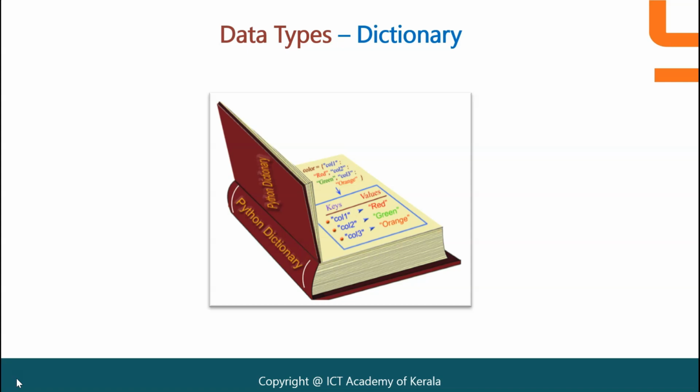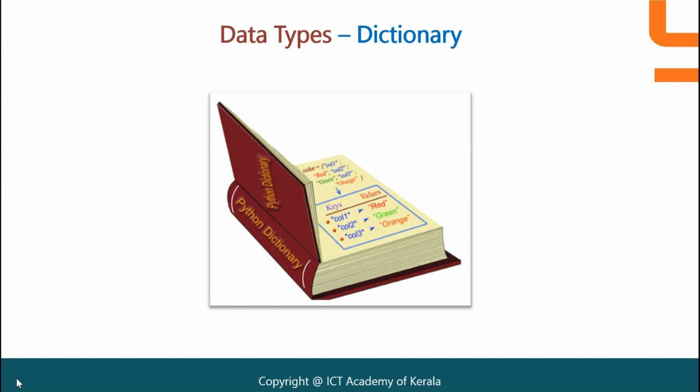But only I will know that. So you can make it more readable if you are going for a dictionary. You can represent the data in the form of key value pairs, and the key and values are separated by colon. It's mutable in nature.